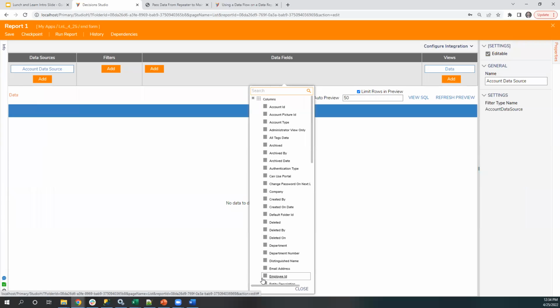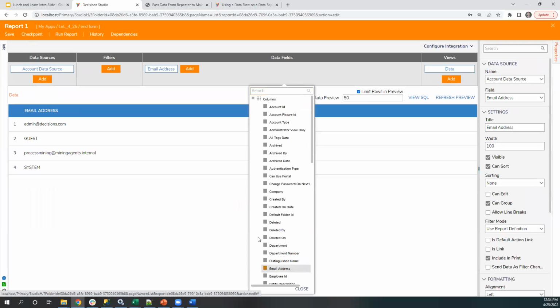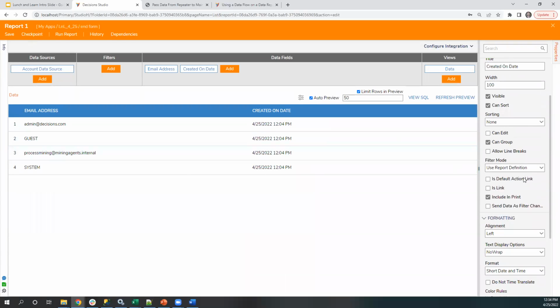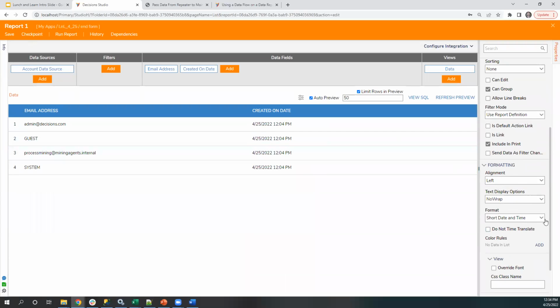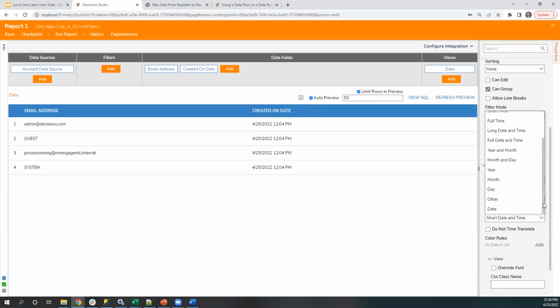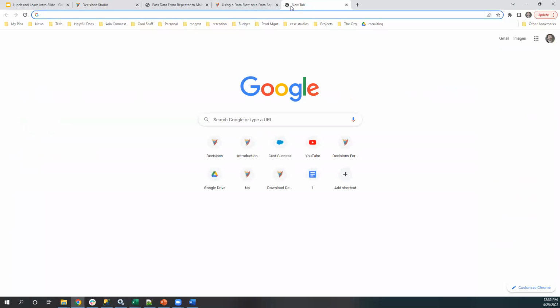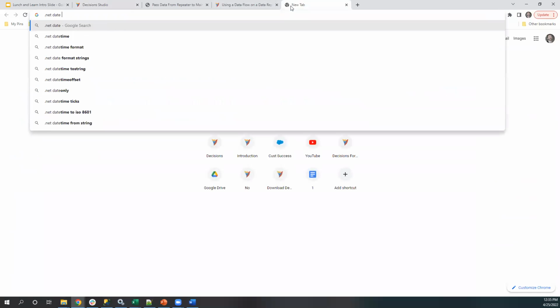Okay, here's a report. So here's a report of accounts, and on the created date, if I scroll down, I have format options. I can specify format options here. So I can also do other. If I do other, it'll give me a format. So if I look at .NET date format,